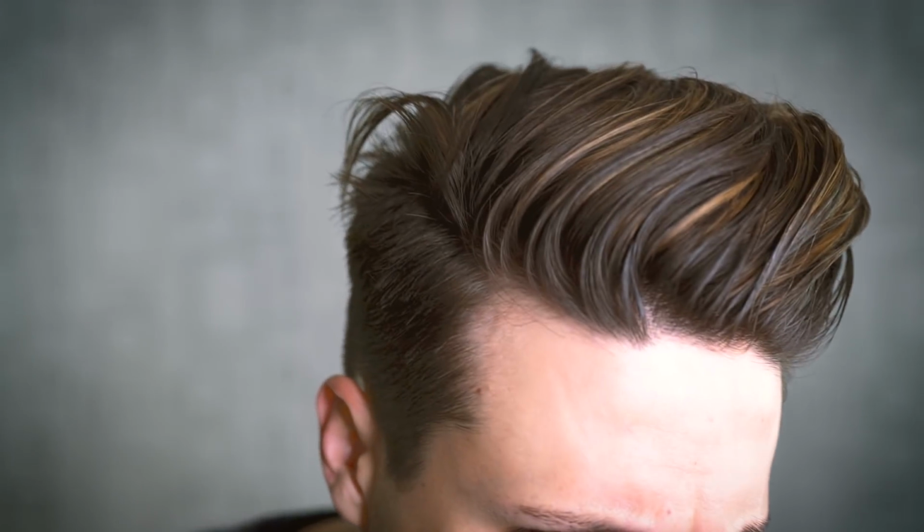All right, so now this 4th point. Like I said, this is a bit of an extra, but this is a personal pet peeve of mine. And that's really obvious stray hairs at the parting of any hairstyle. If you have a hairstyle that doesn't have a parting, then this doesn't really apply. And I'm not even talking about messy parts, because I do messy parts all the time. I'm never really focused on perfecting my side part. I'm talking about those extra strands that stick out like they're trying to rebel from all of that hard work